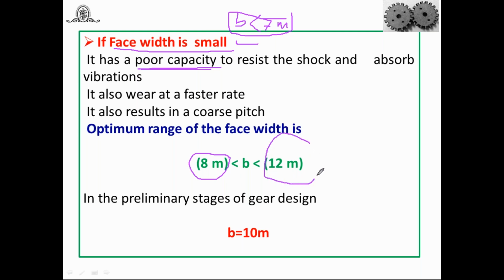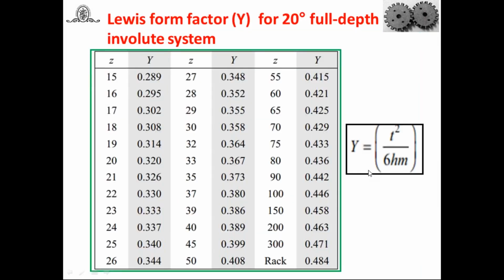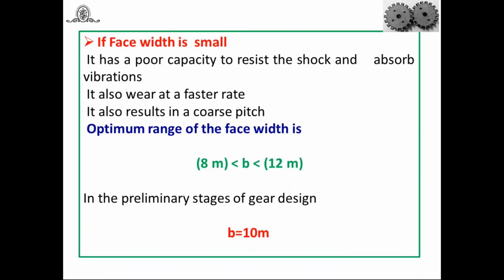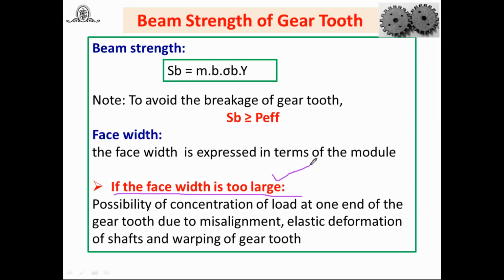What would happen if the face width is greater than 12 times the m? I will discuss that once again. Look at this. If it is more than 12 times the module, if it's too large, what would happen? That means the size of the face width. Look at the figure that I am constructing here. Here it's the face width, it's B. And if you are going to increase the size here towards this side, up to 12 m or greater than 12 m, what would happen?